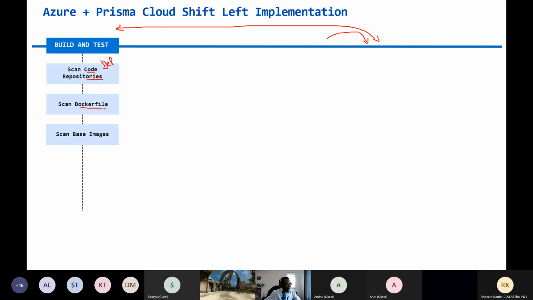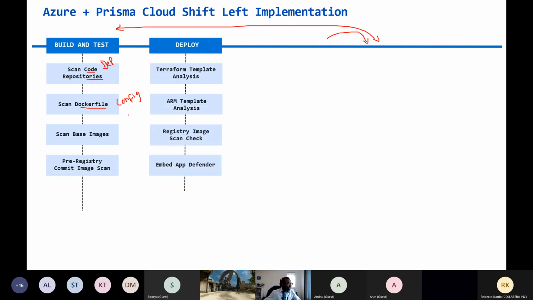Let's check the Dockerfile, and let's check for configuration issues. So being holistic in terms of the things I talked about: vulnerability, configuration issues, malware, compliance issues. So scan base images, and also, again, just detecting all those four aspects of vulnerability, compliance issues, and all that stuff. So checking those. So deployment, maybe I'm going to be deploying the services that I'm going to be using, like